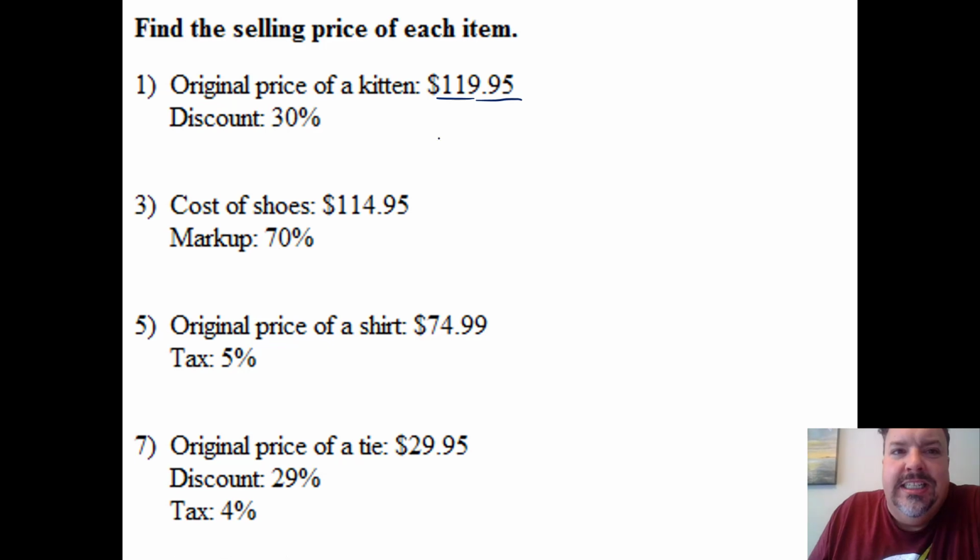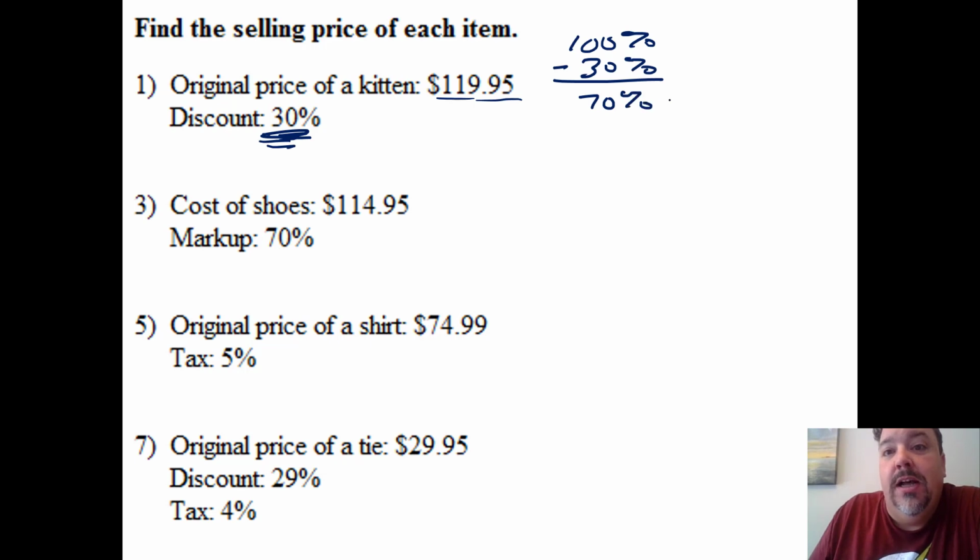We want to know what is the end price. So if it is 30% off, that means we're not paying the whole 100% of it. We're paying 30% off of that. Well, what's 30% off of 100%? That means we're only going to pay 70% of the original price. So 70%,